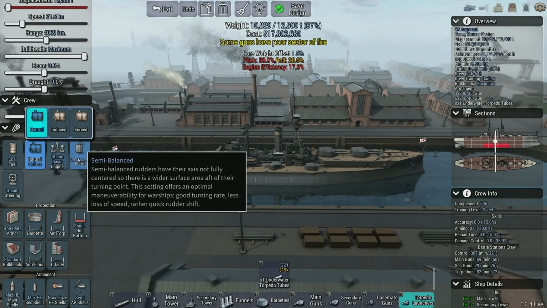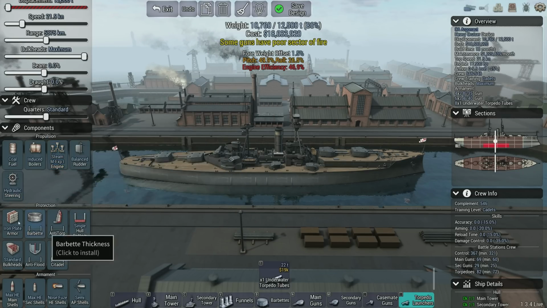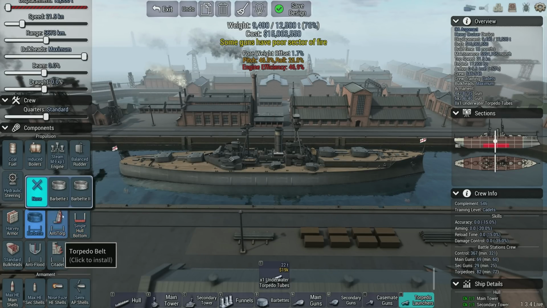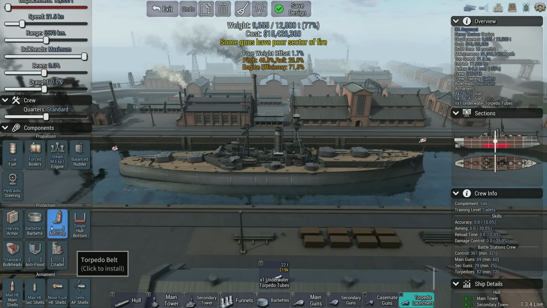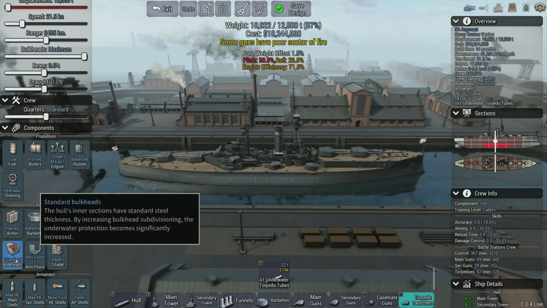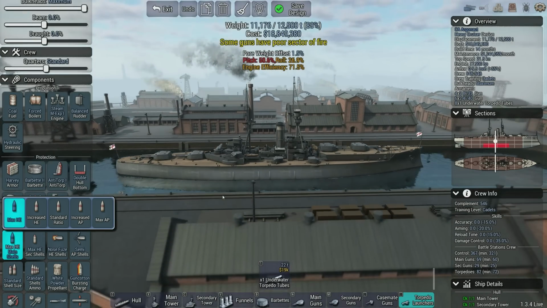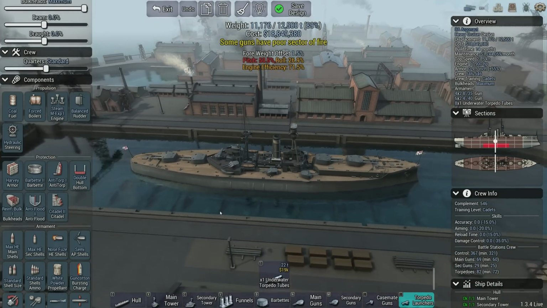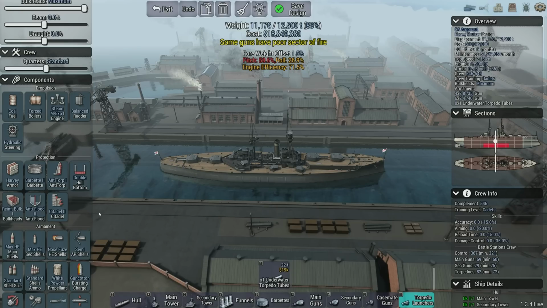All right, standard crew quarters, some juice to the boiler. Oh, that's not near enough. Force it. I know I'm not going to have the engine efficiency, but it's because I'm only sticking one funnel in this thing and need to just fill it with funnels. Otherwise,